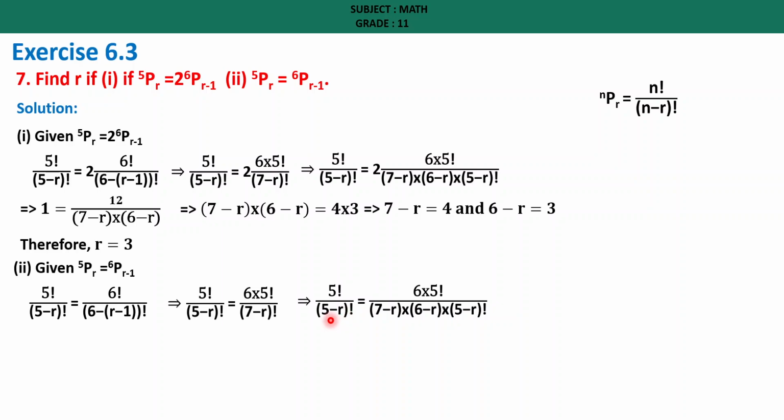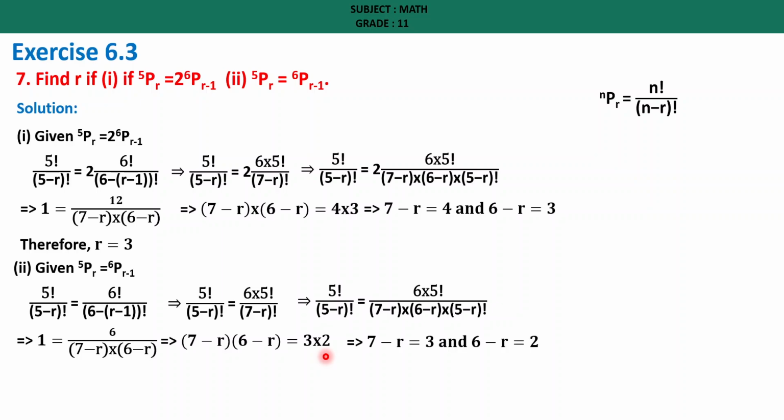Let us cancel (5 minus r) factorial, (5 minus r) factorial and 5 factorial, 5 factorial. So we are going to get 1 is equal to 6 divided by (7 minus r) into (6 minus r). Let us transpose this to here. Then we are going to get (7 minus r) into (6 minus r) is, you can write it as 3 into 2. Now comparing, 7 minus r is equal to 3 and 6 minus r is equal to 2. We'll get r value as